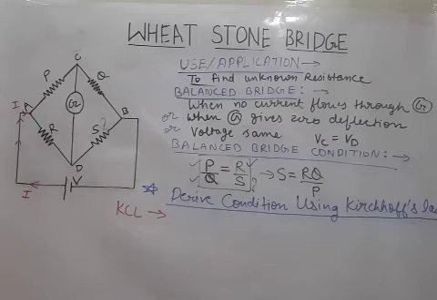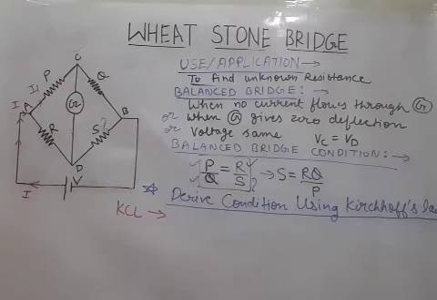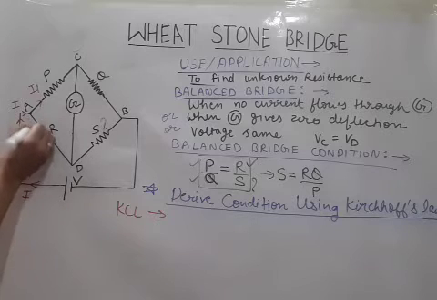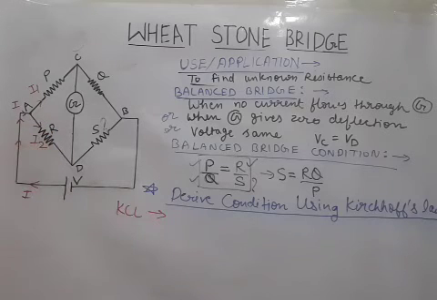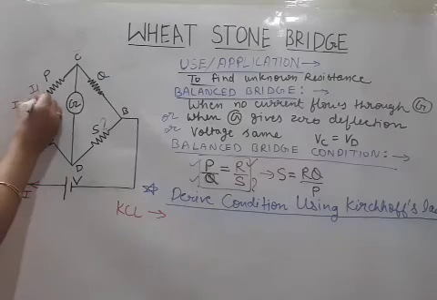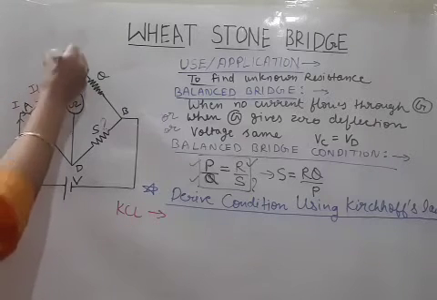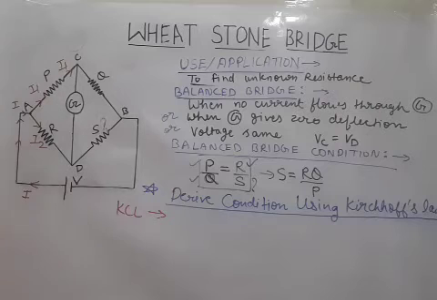Then as soon as a junction comes, junction means where the current has to go in two paths, how much part of I will go here and how much part will go there. This current I is coming here, it has to divide. Suppose I1 current flows in the upper branch and I2 current flows in the lower branch. Now we have to continue this current. This I1 current will flow till here.